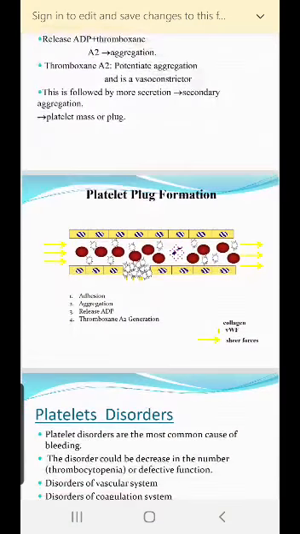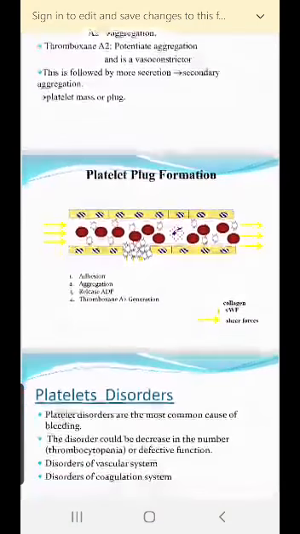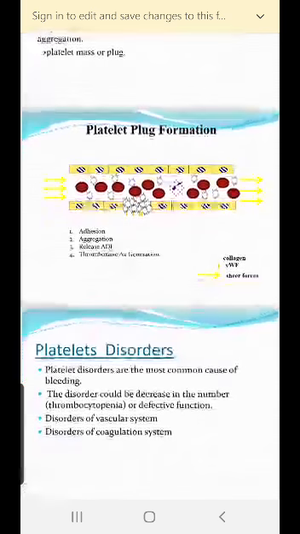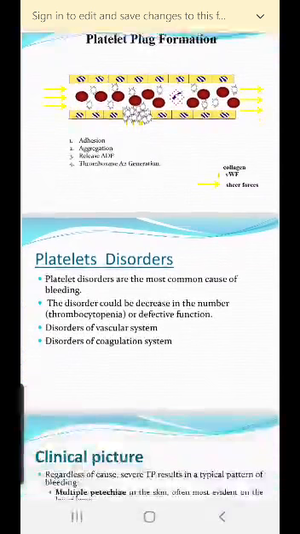You can see on the left side this picture. The first step is the adhesion in the platelet plug formation. Then we have the aggregation. Then we have the ADP released, which will invite other platelets to come and bind to it. And then we have the thromboxane A2 generation, which helps in the vasoconstriction and stopping of the bleeding. Alright, so this was a review about the platelet function. Now,